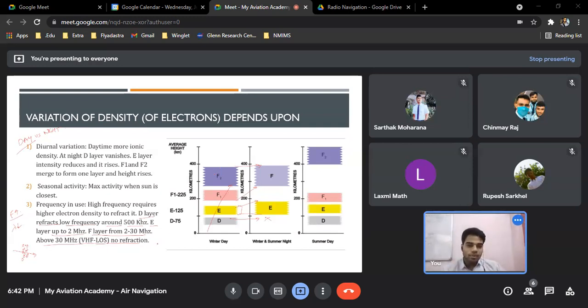That is why as we keep on going, suppose, let's take a small example. I am having a 1000 kilohertz or 1 megahertz frequency. What will happen to the 1 megahertz frequency in the summer day? In the summer day, we realize that this is the place where we have ionic density. Let's say ionic density like this. Ionic density is high here. Ionic density here is less. So what will happen to this type of radio wave? It will keep penetrating, and finally when it reaches here, it will start to refract. Why? Because the density here is more.